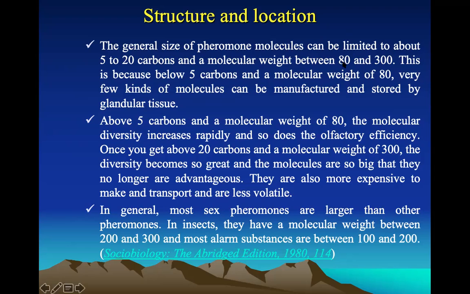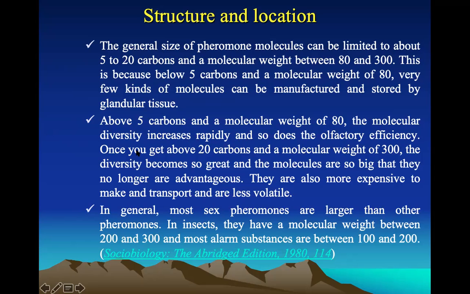The molecular weight of pheromones usually ranges between 80 and 300 Dalton. This is because below 5 carbons and a molecular weight of 80, very few kinds of molecules can be manufactured and stored by glandular tissues, because to make a small molecule, less energy is required for the producing insect. Above 5 carbons and a molecular weight of 80, the molecular diversity increases rapidly, and so does the